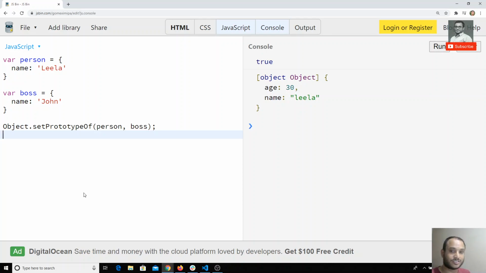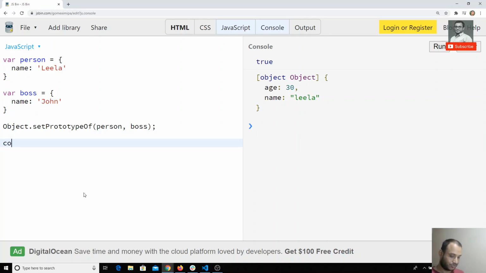Like this we can create it, or otherwise you can use Object.create, which we discussed in the previous JavaScript tutorials you have seen. So we can create our own prototype using Object.create, right? Like this also, after creating the object you can change its prototype. While creating the object with Object.create you need to define the prototype at that time, but here after defining the object you can define the prototype afterwards also.